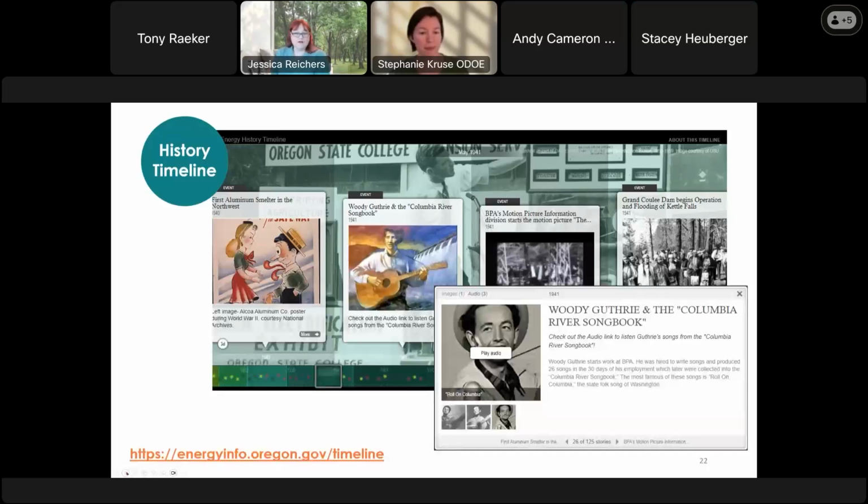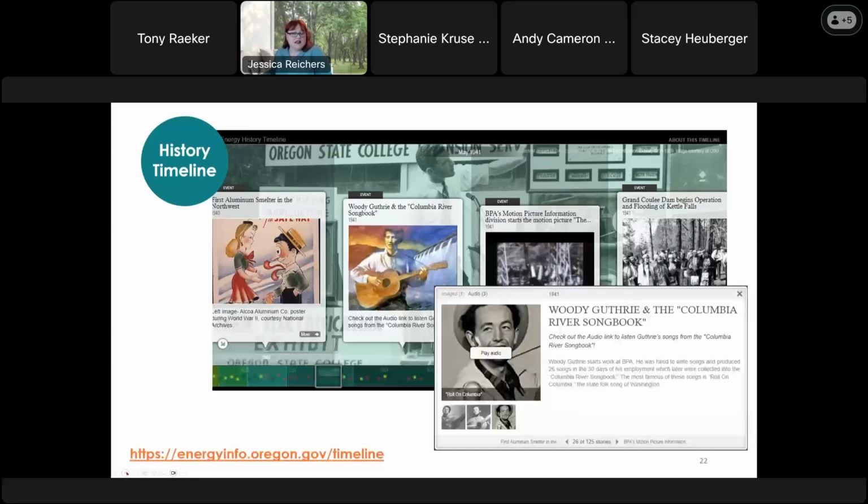I manage the technology and policy section here at the department, and I'm a big fan of the Biennial Energy Report. It's one of my favorite things that we get to work on at the agency. In the 2020 edition of this report, we debuted an Oregon Energy History Timeline section, which aimed to show how Oregon's energy systems have evolved over time, from harnessing our state's various natural resources to human events like technology development and energy crises. The timeline also shared events that significantly affected tribes in Oregon, the original inhabitants of the